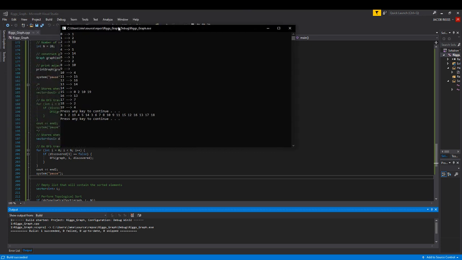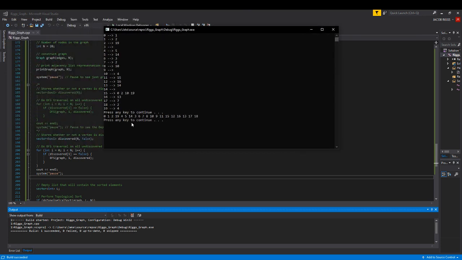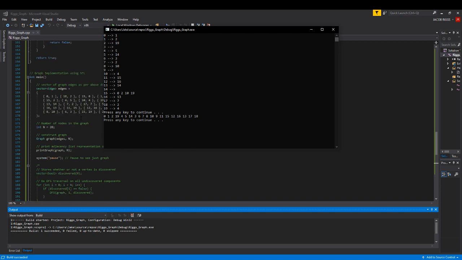I think it puts it in a different order actually. It was not doing that just a second ago, but I think I might have changed, I guess that would make sense because